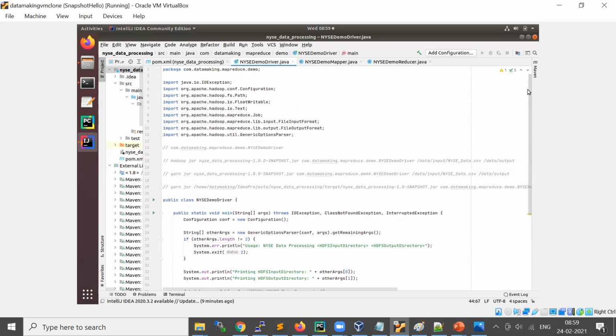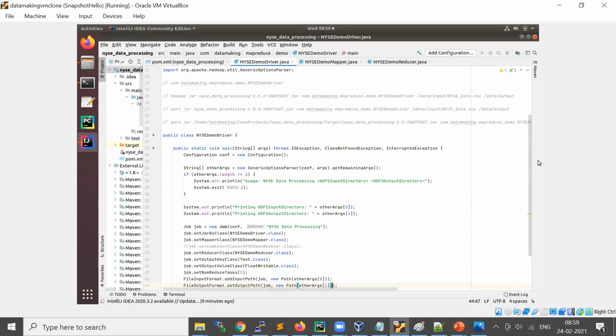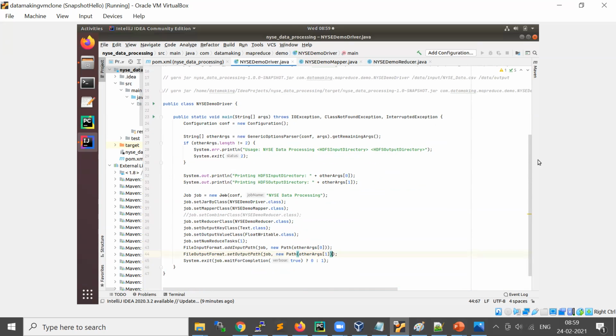One of the reasons we are using Maven, the build tool, is that it downloads the dependency files from the repository, and it also helps you convert these Java files into class files and package them as a jar, so that you can submit it to the resource manager, which is a part of your Yarn framework. In the driver program, you need to create a job object, and then tell it which program is your mapper program, which program is your reducer program, and